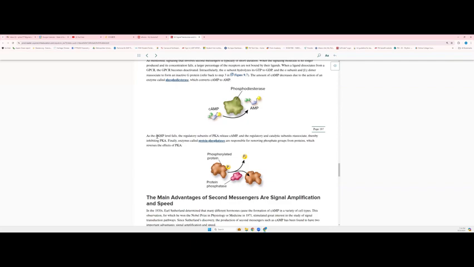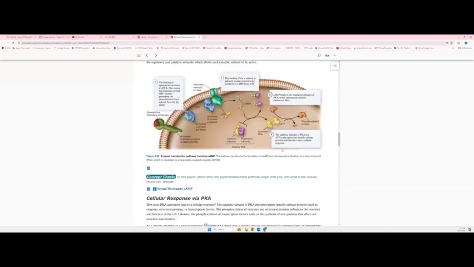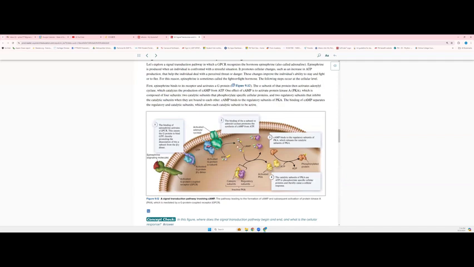So the same thing: when cAMP level falls, the PKA will release cAMP, and then the yellow one and the yellow one. So it's basically the opposite from here. For example, if this ligand dissociates, coming off from the receptor, the receptor will go back to its original conformation, and then